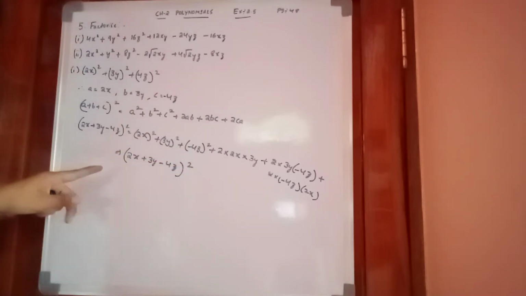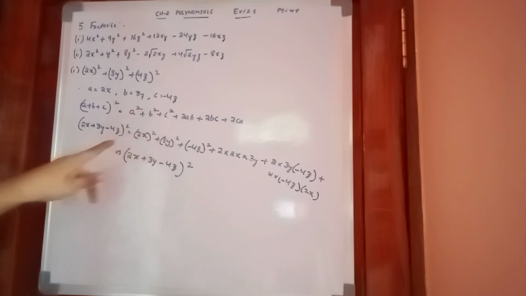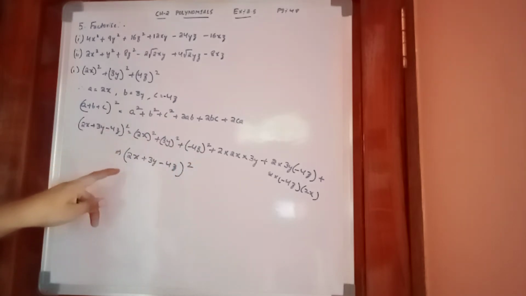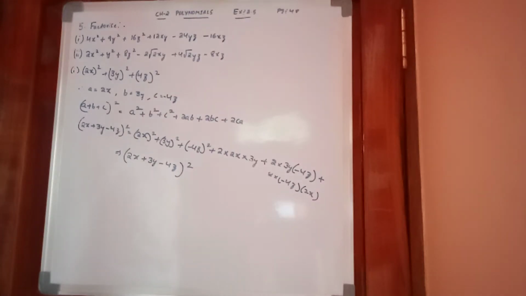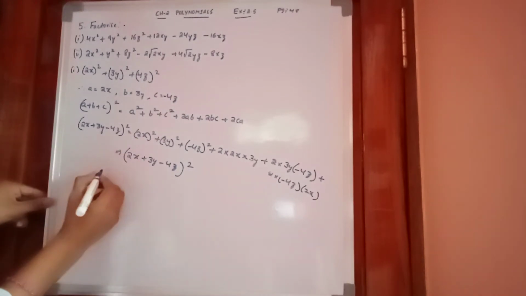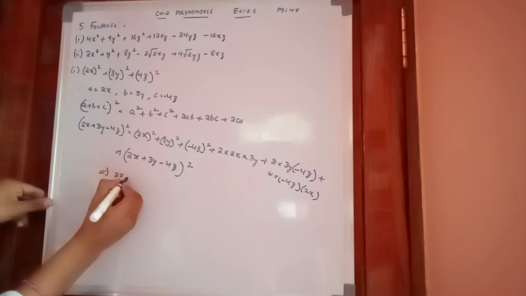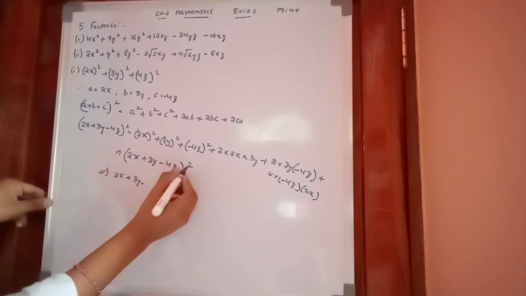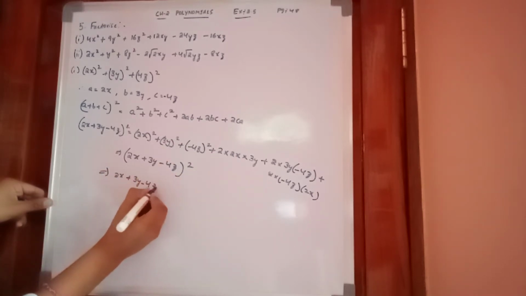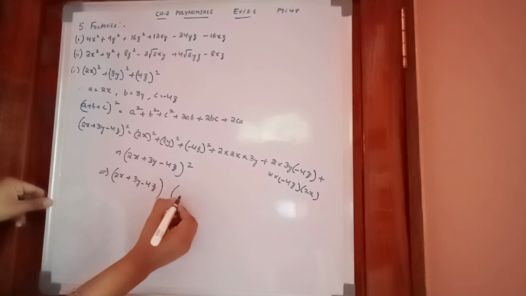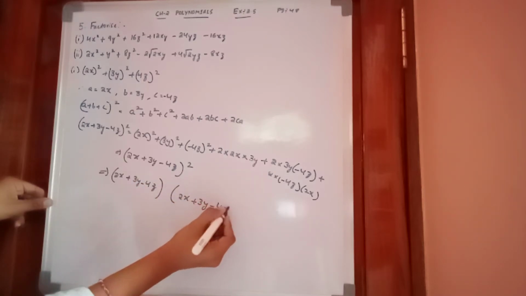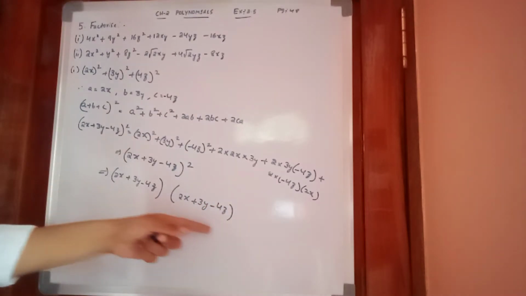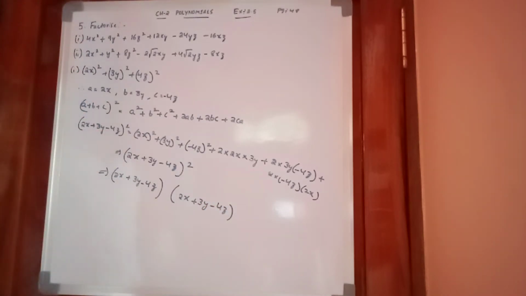So this is what we have to get, I have already said we have to get this one. So finally we got this one. So this is the answer of the first one. Still we can extend this. This implies (2x + 3y - 4z) whole square. We are having square numbers, no? Then we are having two numbers, that is (2x + 3y - 4z). So we are having two numbers, so we can extend here. So this is the answer of the first one of the fifth bit, factorize.